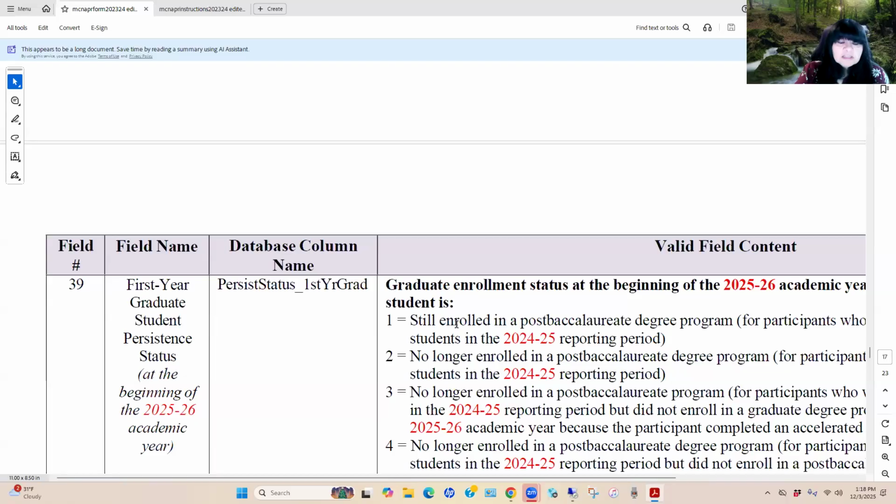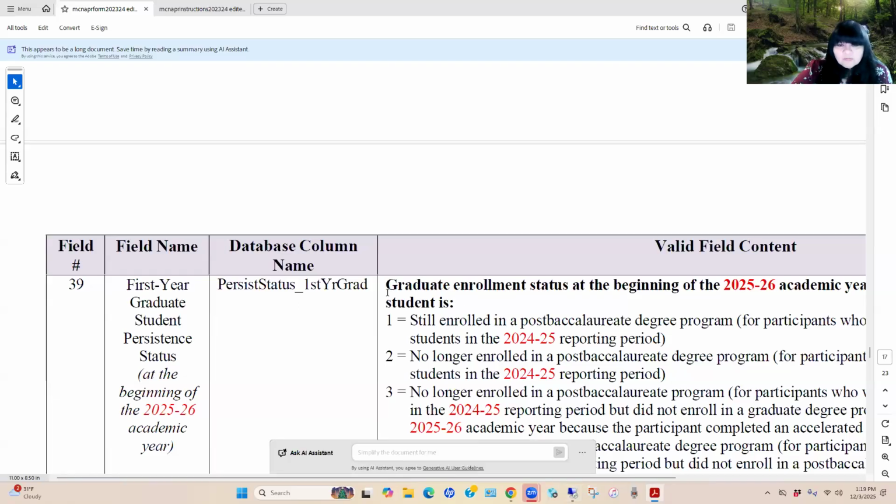And so field number 39 is asking us about those students that are in the 24-25 reporting period as a first year student in graduate program of study, in that what is their status now, thinking about them now in the fall of 25. Are they still enrolled in a post-baccalaureate program? And so this is going to help us now determine whether they've persisted and help us respond to the objective regarding persistence. Okay.